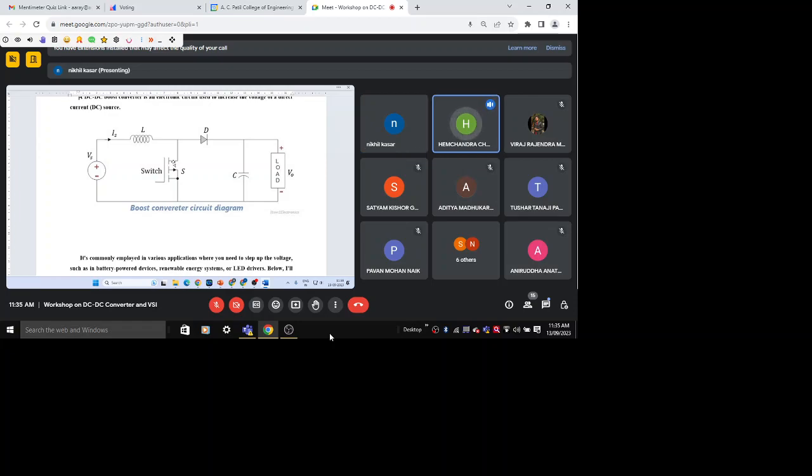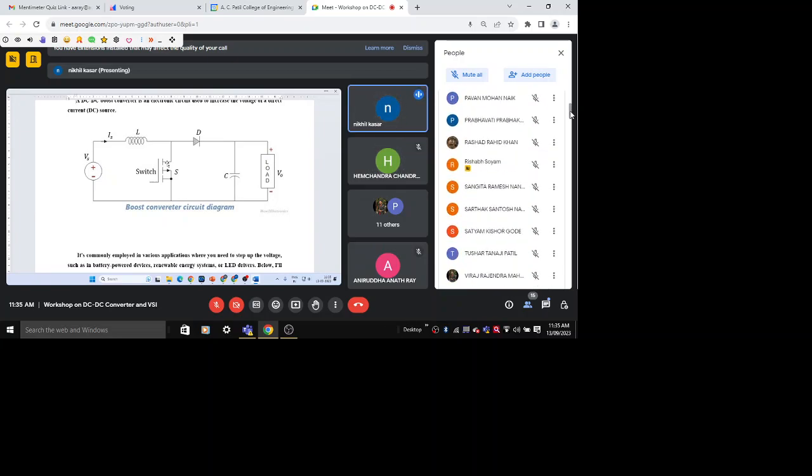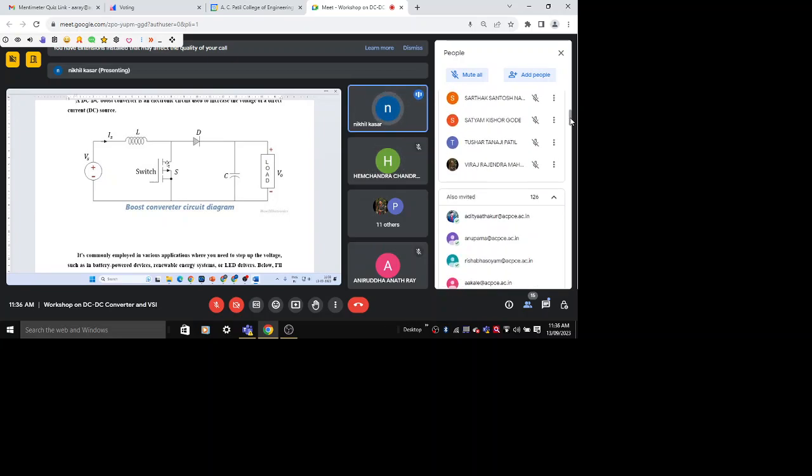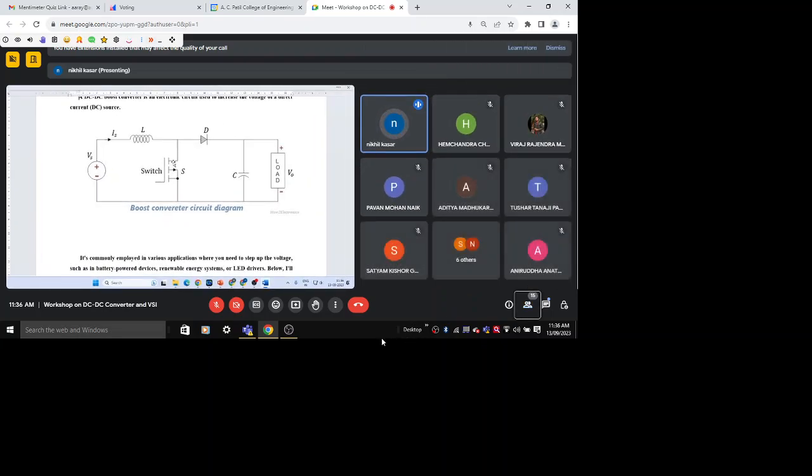Sir, it actually works in two modes. One where the switch is on and another when the switch is off. First, the switch has two operating conditions, right? First, switch will be in on state. So we can say switch is in on and switch is in off. That is the accurate expression. When this switch S is on,